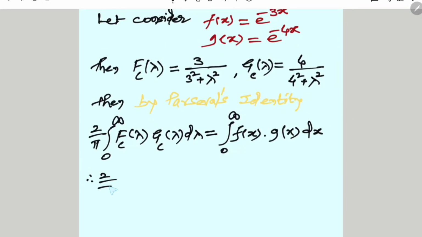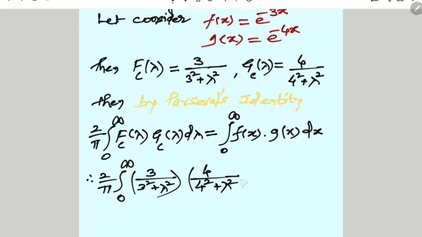And substituting values of f of x and g of x, we get 2 by pi integral from 0 to infinity of 3 upon 3 square plus lambda square multiplied by 4 upon 4 square plus lambda square, and its integration with respect to lambda is equal to integral